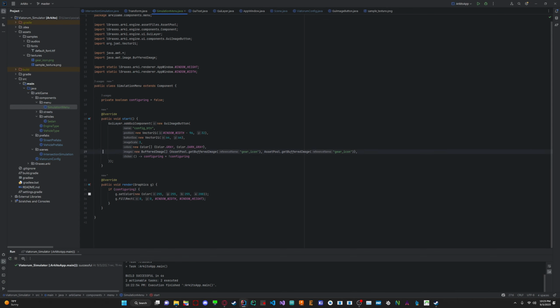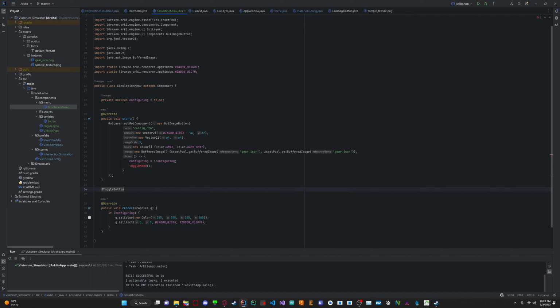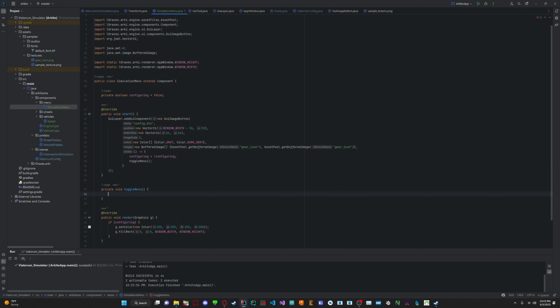Actually, let's do that again. Toggle menu. We're going to toggle the, whoops, private void toggleMenu. Now, actually, yeah, toggle menu. So if we are not configuring, then we are just going to